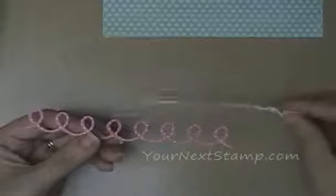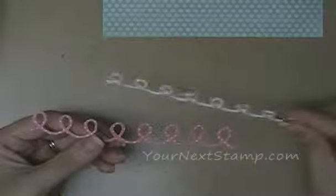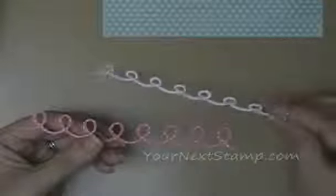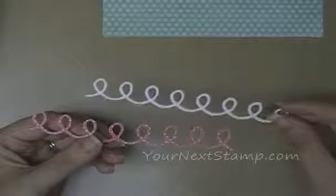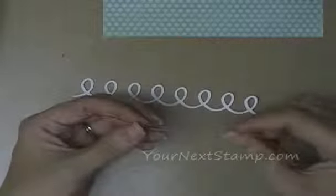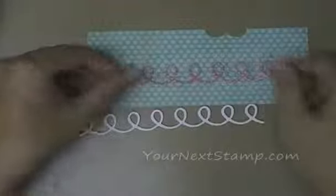Okay, I've adhered the 4 white die cuts together, and you can barely tell that that's not a white chipboard piece. That's actually 4 layered die cuts. I've got glue on the back of my pattern paper die cut, and you can see the difference. That is so thin and doesn't stand out very well against this pattern paper. But once I adhere it to the stack of die cuts,